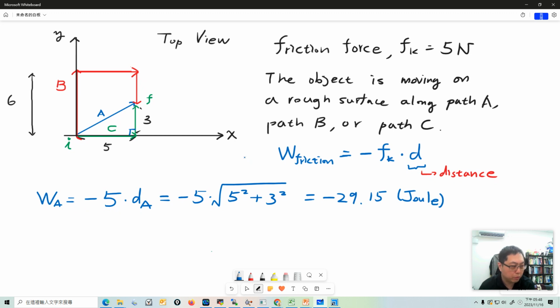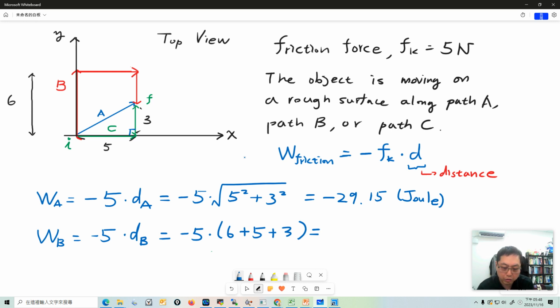Now path B. It's minus 5 times the distance of path B. Here it is 6 plus 5 plus 3, which is 14, and 5 Newton times 14 gives minus 70 joule. For these two calculations, path A and path B,